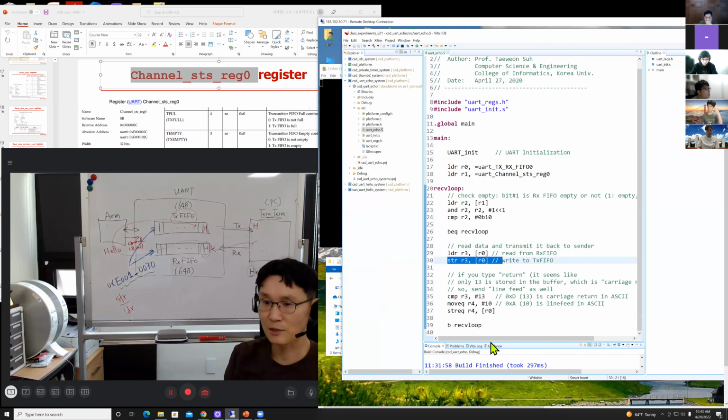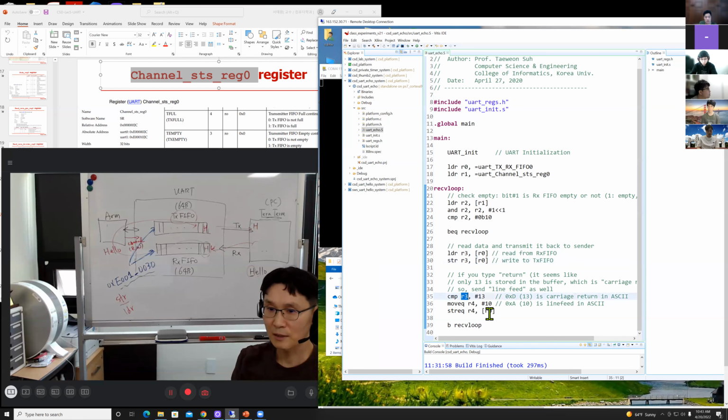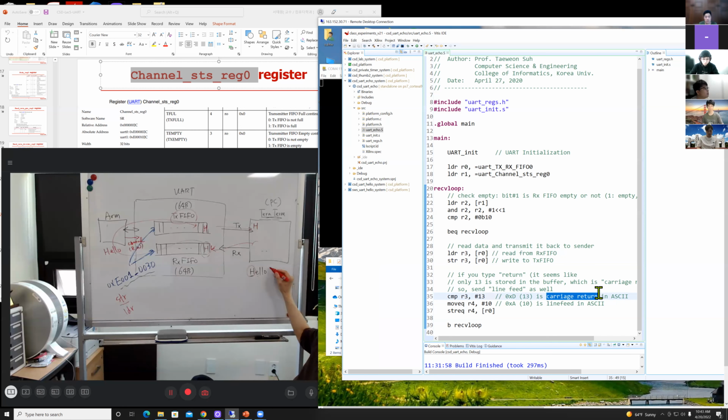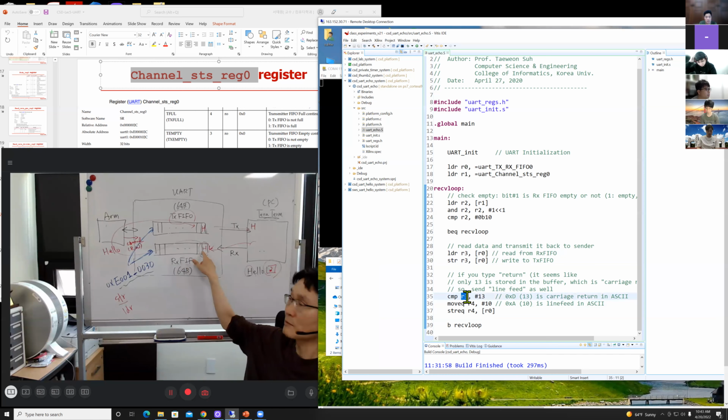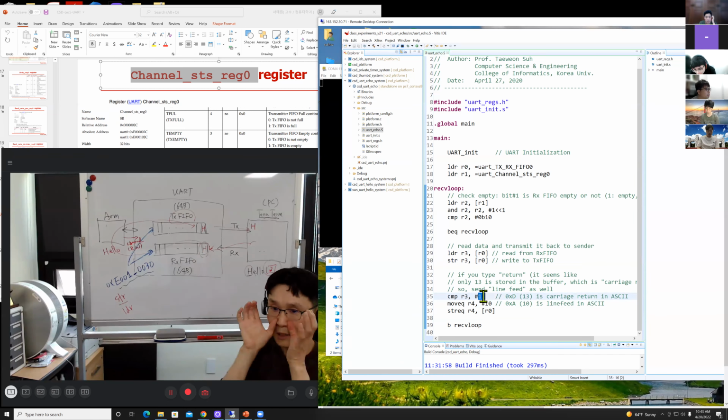Next instruction: compare whether the data in R3 you have received is equal to 13. What is 13? 13 is carriage return in ASCII code. That means you typed HELLO here, then typed return. If the data I have received is equal to return, 13,